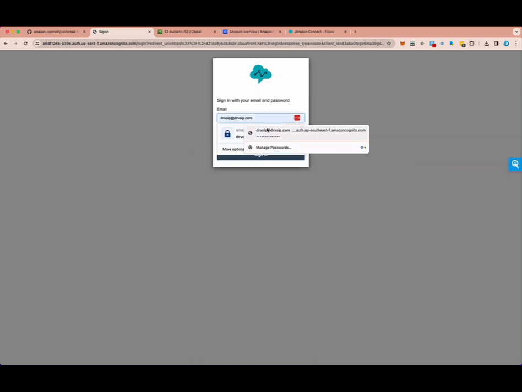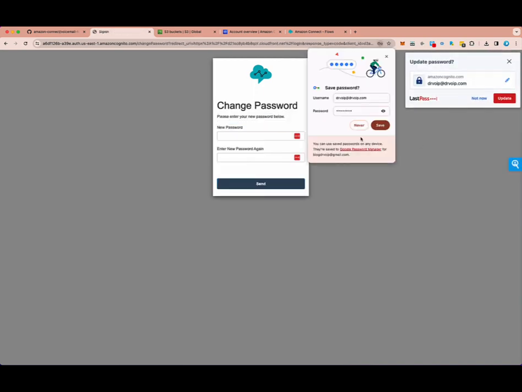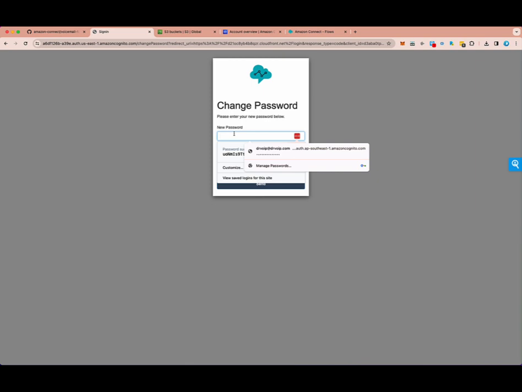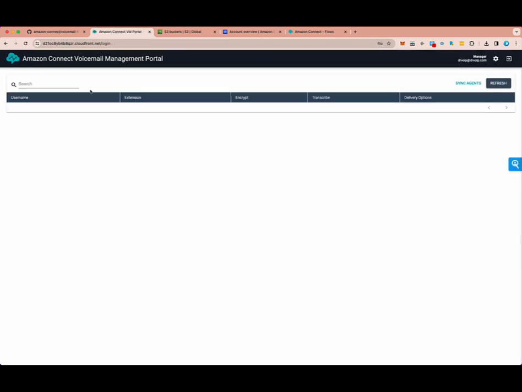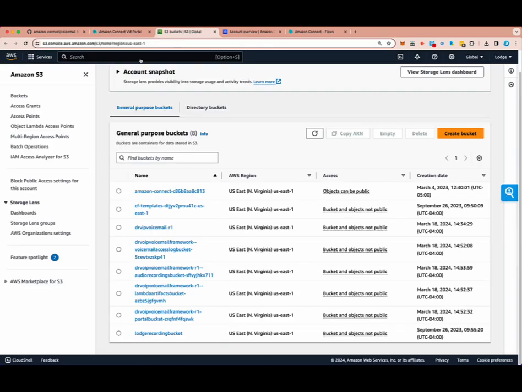So go ahead and put in your email address. Go ahead and put that in. And then it's going to ask you to change your password. So I'll go ahead and put it in. And at that point, this is the voicemail management interface. And apparently I use this for both admin. As you can see here, it says I am a manager. I want to be the admin. There were two. I use the same address for both. It's just easier at this point for me to go here to